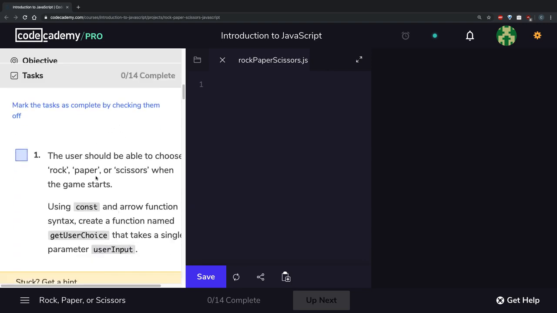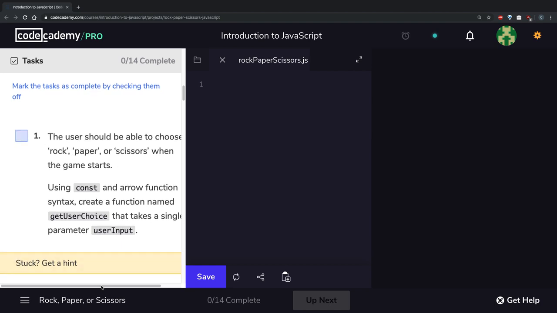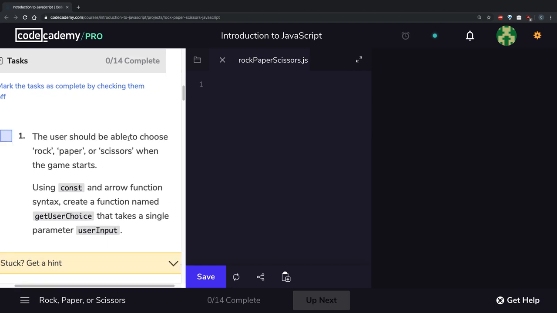We have about 14 tasks to complete and we'll be marking them as we complete them. So the first thing we need to do is have the user be able to choose between rock, paper, scissors when the game starts. We're going to use arrow functions here. So we're going to assign this to a variable called getUserChoice, which will take a parameter. So let's go ahead and type in const getUserChoice